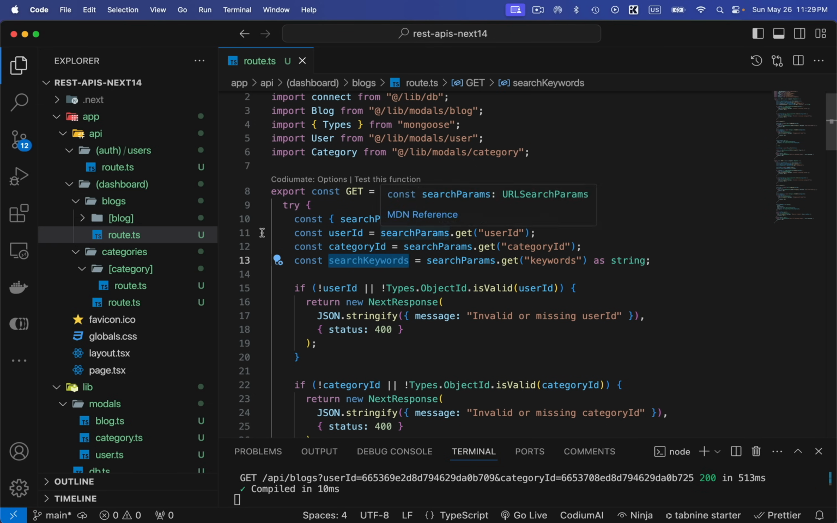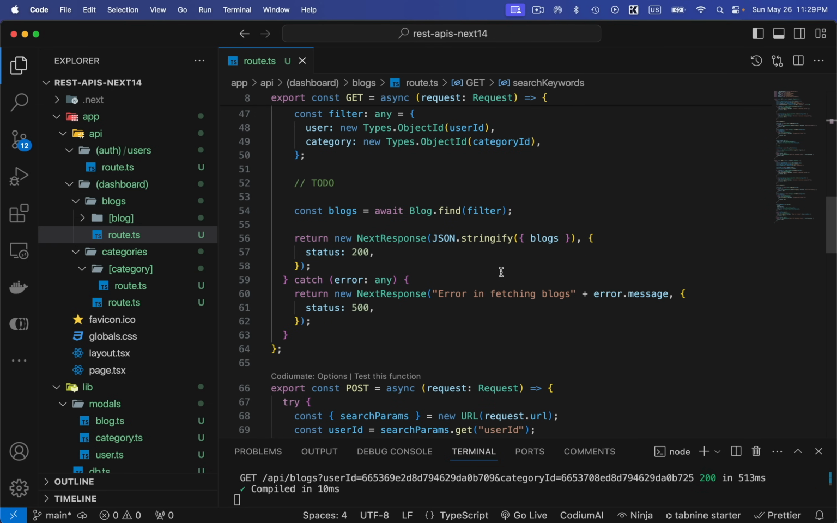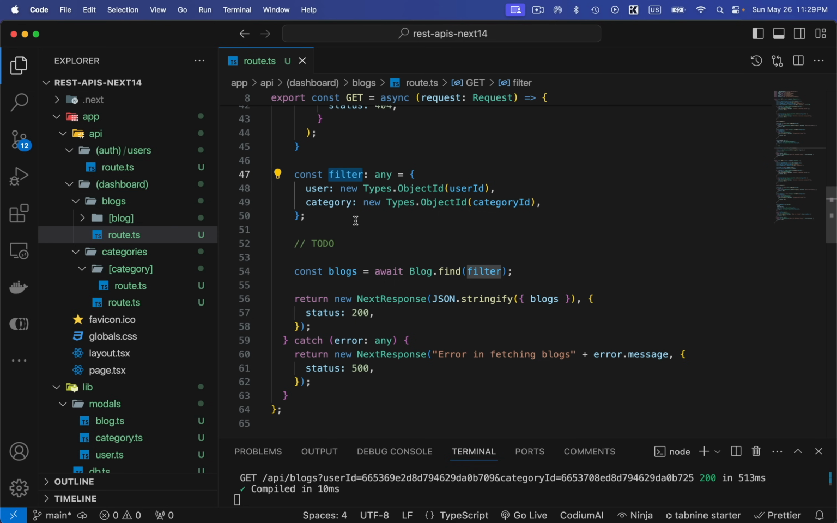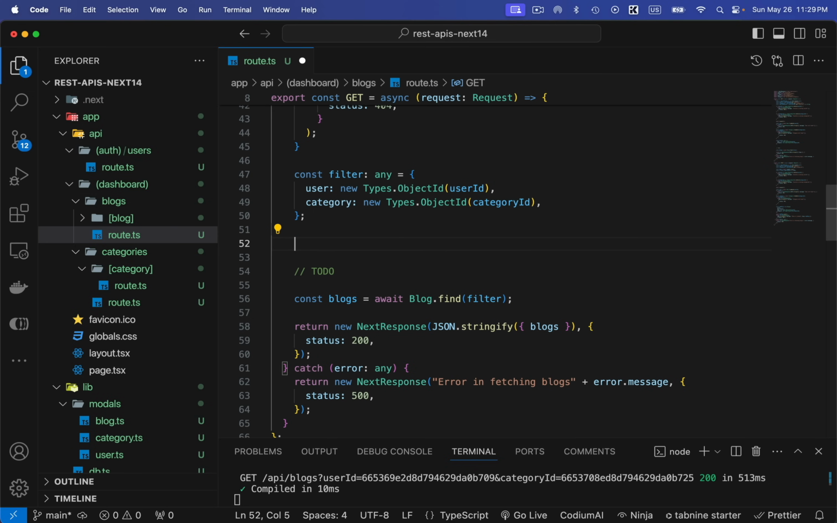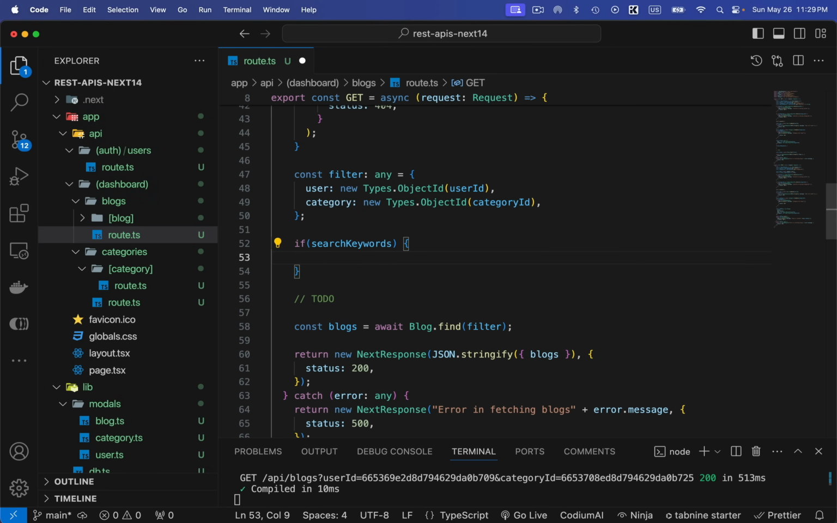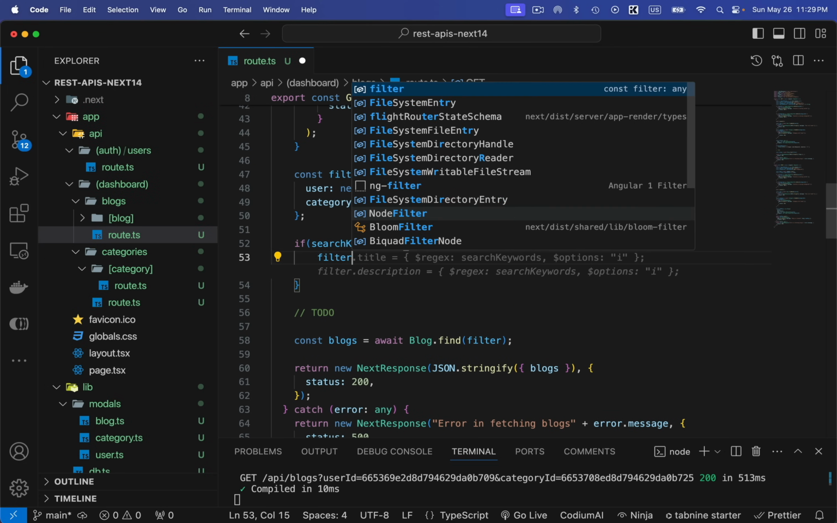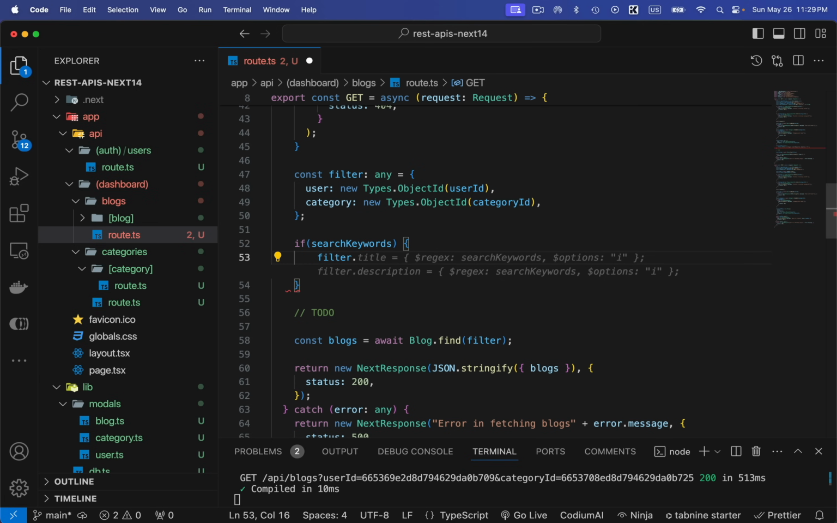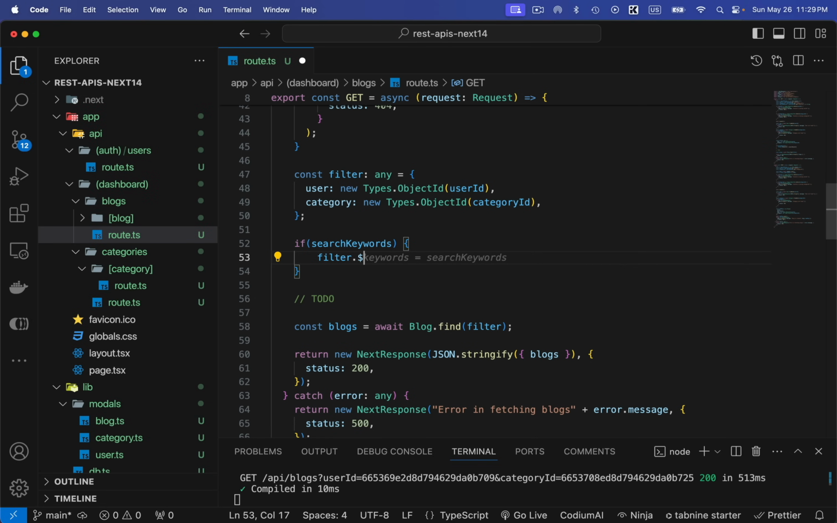Okay, so once we are receiving this search keyword, we added this filter object over here, which we can keep on modifying before finding the blog. Okay, so for modifying the filters, let's first verify if the search keyword actually exists. Okay, and then if filter dot, and Mongoose actually provides a lot of built-in functions for aggregation, for checking and, or, and all of these things. So I want to check this keyword in the title and then in the description as well. Okay, so in order to do that, I can write this $or